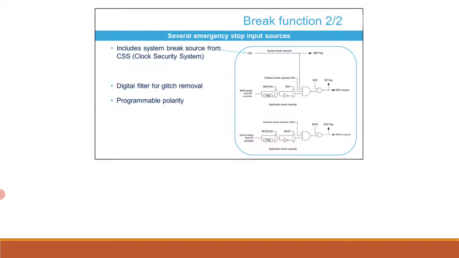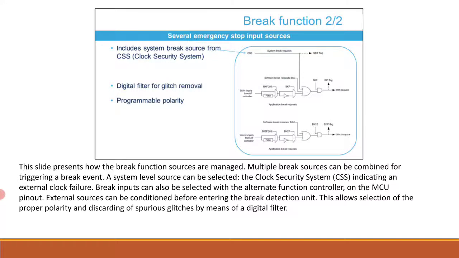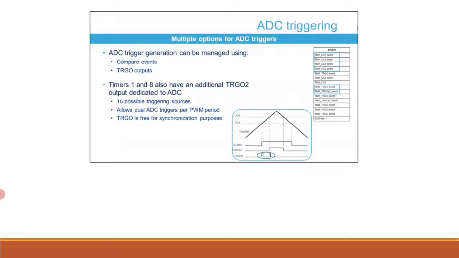Let's look at ADC triggering then. ADC can be triggered with most of the STM32 timers with 3 options. This can be done using a compare event. The ADC conversion will start on a given compare match. The list of supported compare events varies from one timer to the other as shown in the table.